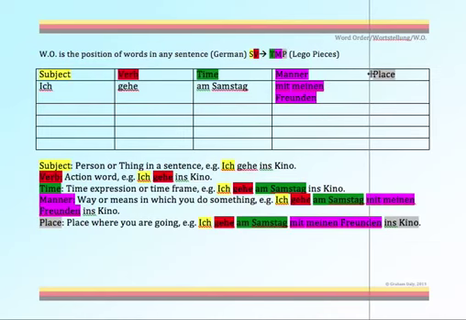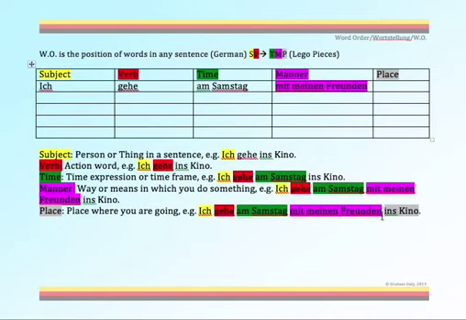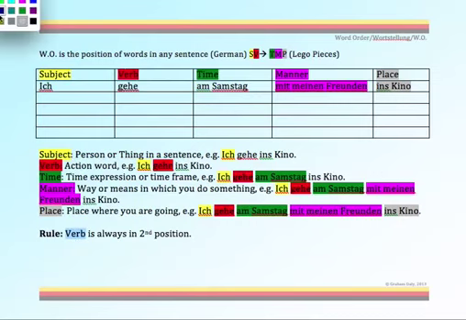Okay, let's stretch that out so it's on one line. Okay. And where are you going? Ins Kino. Now, there's a rule in German. Verb is always in second position. So the verb is always in second position. That's very important. So on the basis of this, we can go ahead and we can fill in